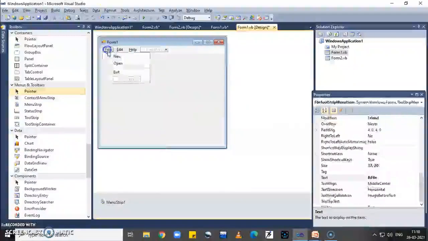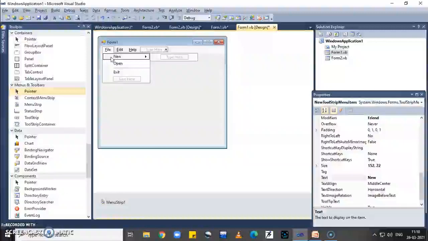Now shortcut key. Shortcut key is set at design time using Control, Alt, Shift key. So to create a shortcut key for new menu item, then select new.